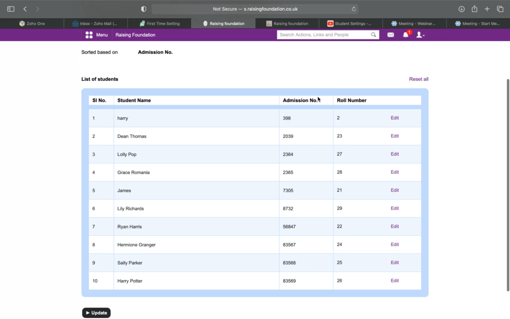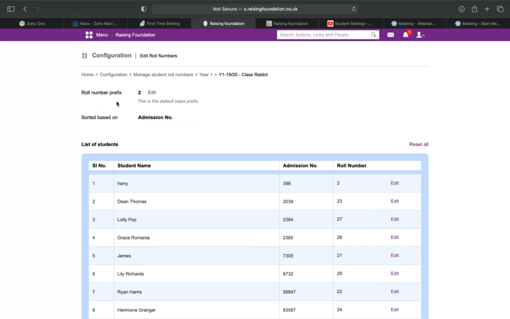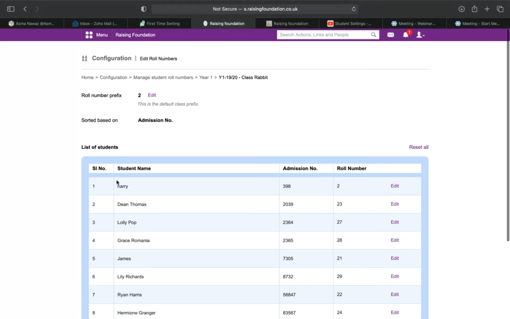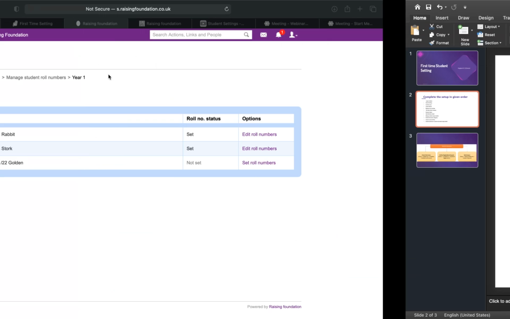So admission number is a unique number created during the admission process, which is different from the roll number. Roll number might be different based on the class, the year groups, everything. So that is how we assign a roll number based on student. We can create a prefix as well in here. So once everything is created, the final step